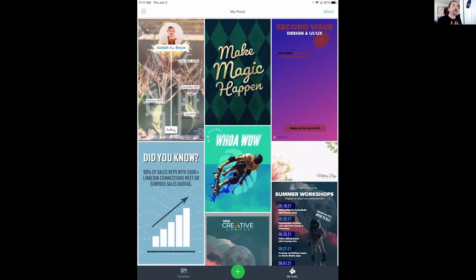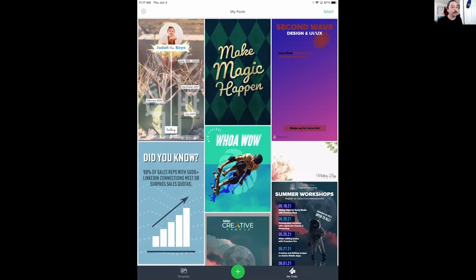And one of my favorite things about Spark Post is that it's changing constantly. Thank you, Brian. Brian's got the link there, spark.adobe.com. Spark Post is constantly being updated with new features, new animations, updating how you view tools. It's actually becoming more and more like a little web-based Photoshop. Sometimes it feels a little bit like an Illustrator, but it is kinder to those that are new to any form of design. It is faster, and then my absolute favorite thing is that it has this seemingly endless supply of templates to